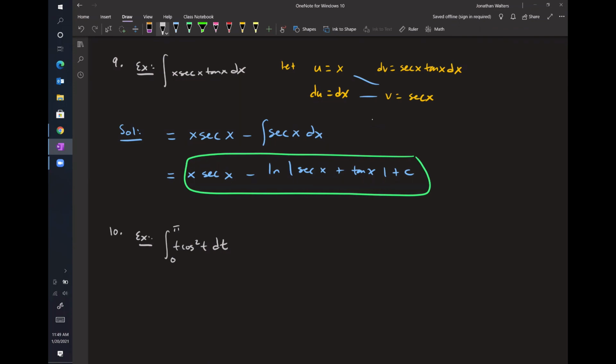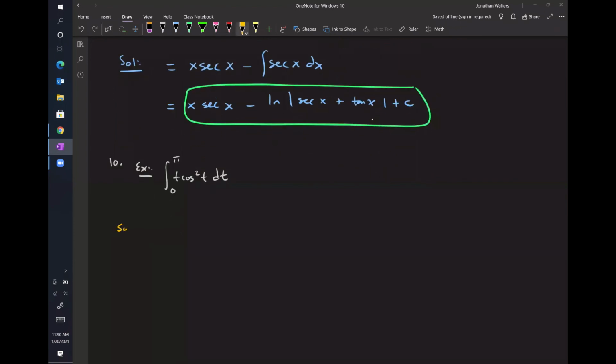What do you think we should do here? What is it? Go ahead and use power reduction. That's a good idea. I was going to do integration by parts first and then use power reduction in the integration by parts, but either way, yeah, let's go ahead and use power reduction. Sure. So the solution here,